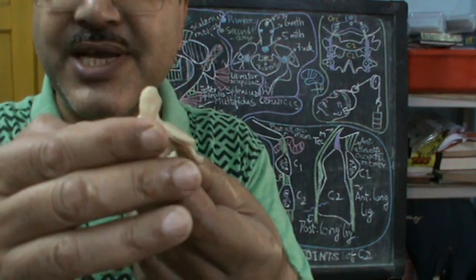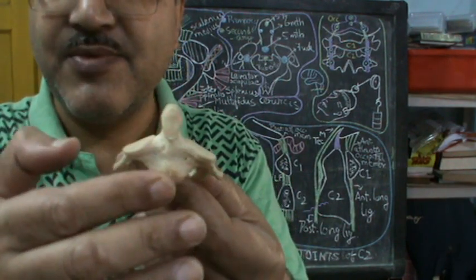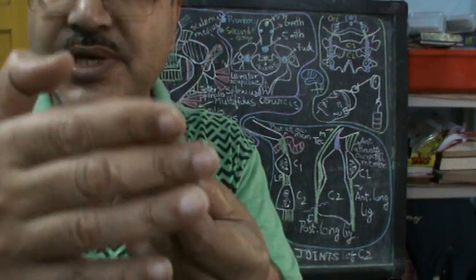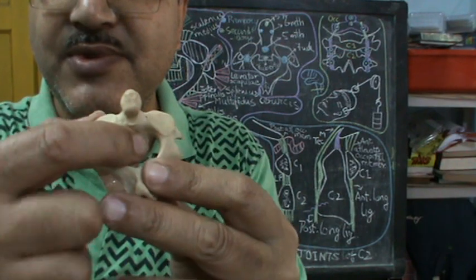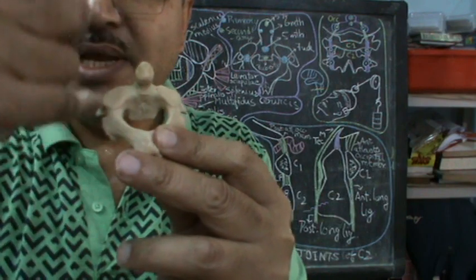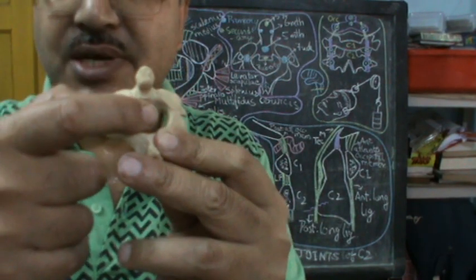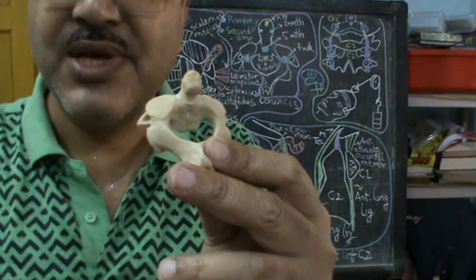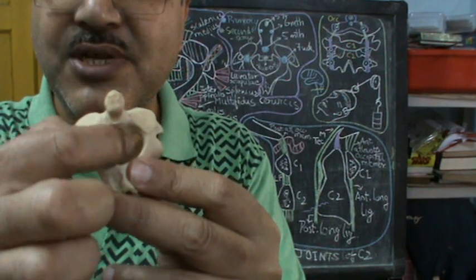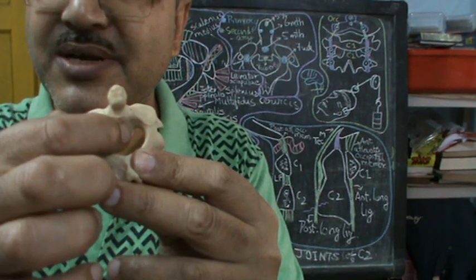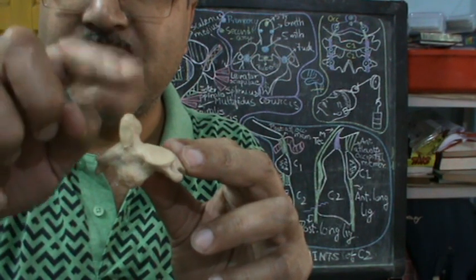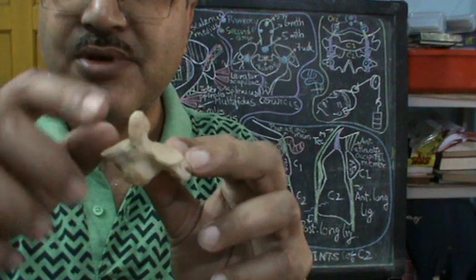Now if you come to the attachments, on the anterior surface of the body you expect the anterior longitudinal ligament passing from the body up into the atlas. On the posterior surface of the body you expect the posterior longitudinal ligament. This passes up in continuation as the membrana tectoria. We will see on the board a bit later. So you have the anterior longitudinal ligament passing up into the atlas, and the posterior longitudinal ligament becoming the membrana tectoria. Again, if you look at the odontoid process, from the tip you have an apical ligament going up into the occipital bone.